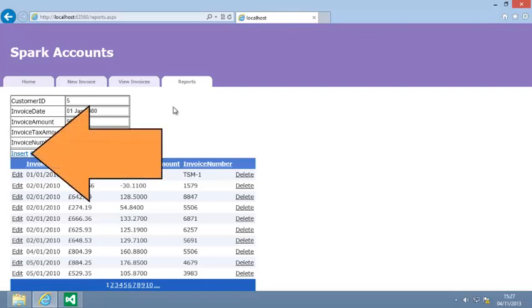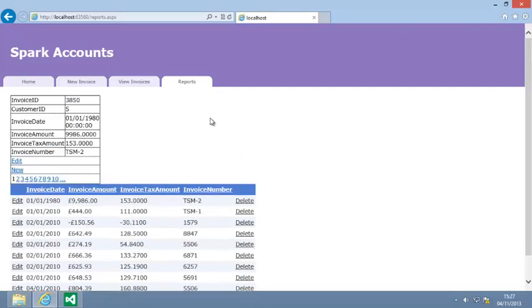Now click Insert, and you can see that your new invoice is shown in both the Grid View and Details View controls. Close your browser now,